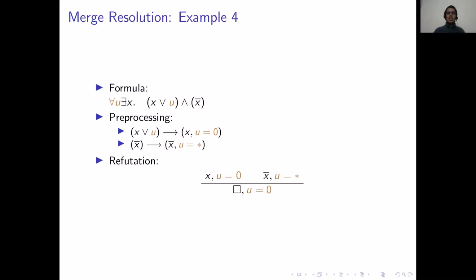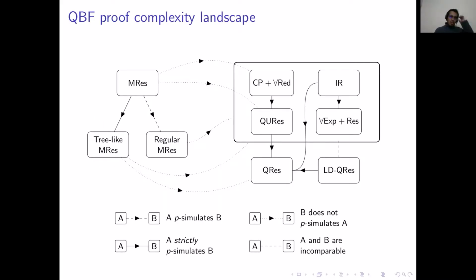So again, this resolution is not blocked because of u equal to star. Now let's look at the relation between different QBF proof systems. This is the picture prior to our work. I'll just mention the relation between these three systems, and the other